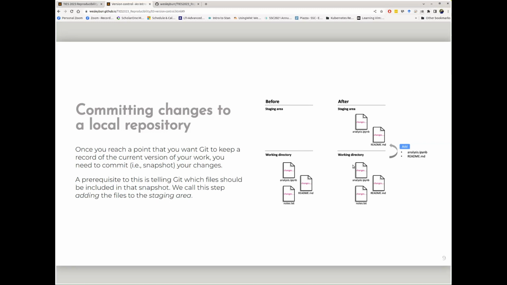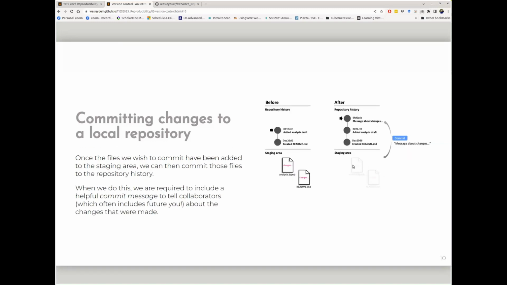Once they're added, I then form a commit. So it's a 2-step process. Choose the files you want to save, and then formally sync it in stone. And then I commit, and I type out a big long message, and I say, okay, I've made these changes for this reason. Here we go. This is an informative message, and I commit.